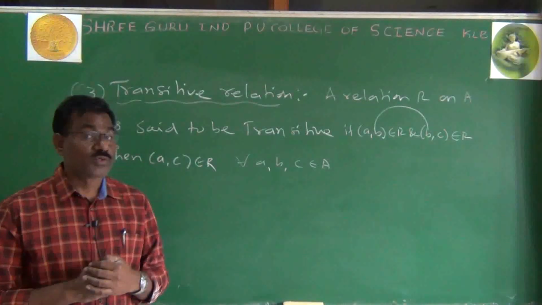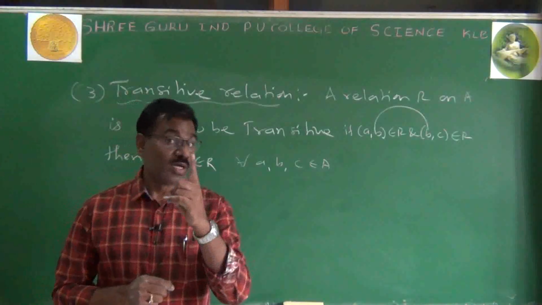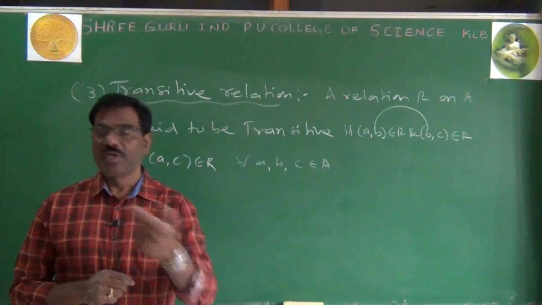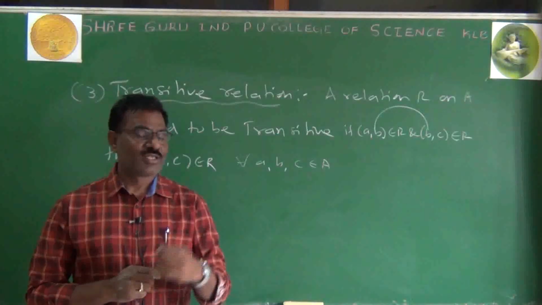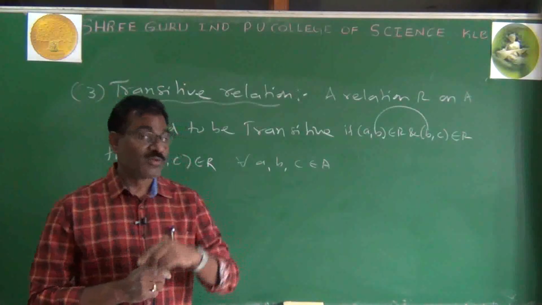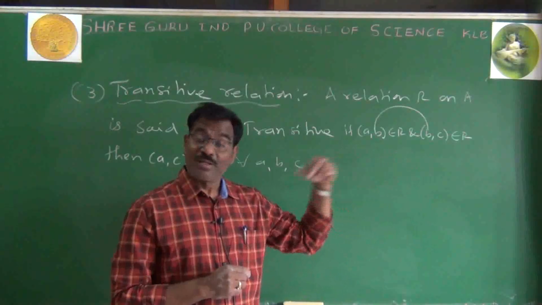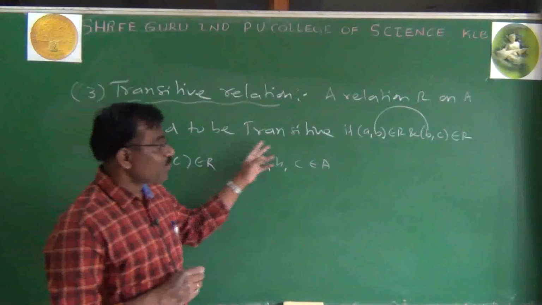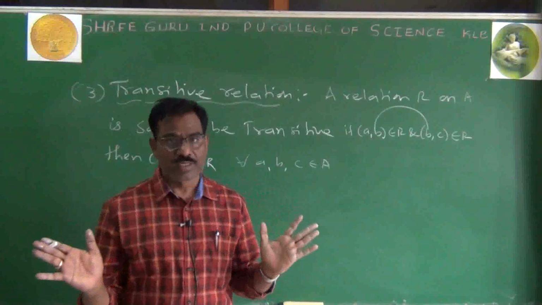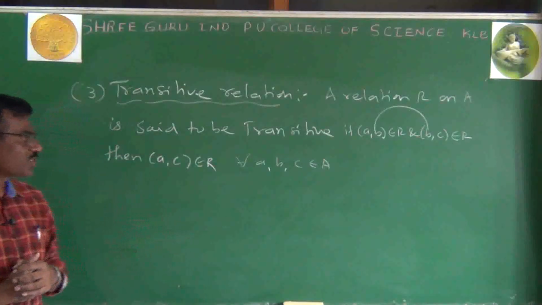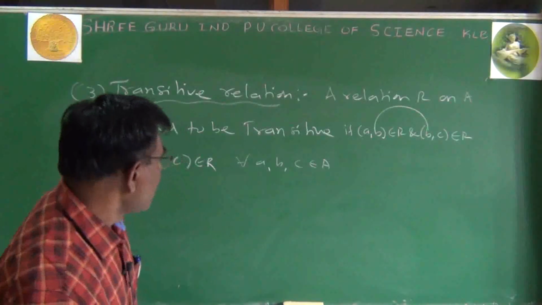Be careful. In reflexive, you only have to select one element. For example, b, we have to prove b comma b. C belongs to set A, C comma C belongs to R. There is no order pair, we have to prove a comma a. But here, one order pair, a comma b, then b comma a. Symmetric. But in transitive, you have to select two order pairs in the relation, and we have to prove a comma c belongs to R. So for all a comma b comma c belongs to A.